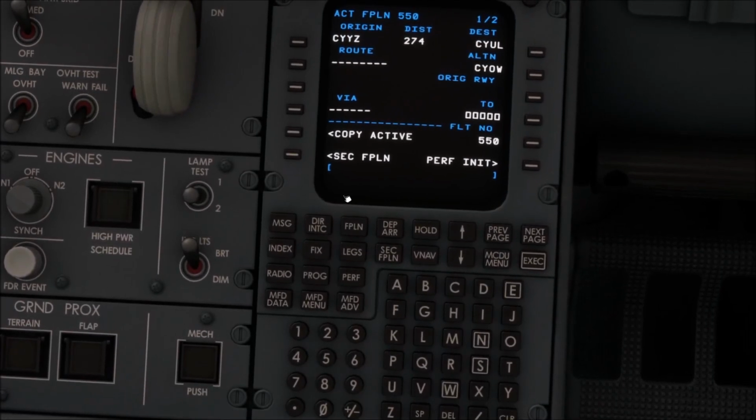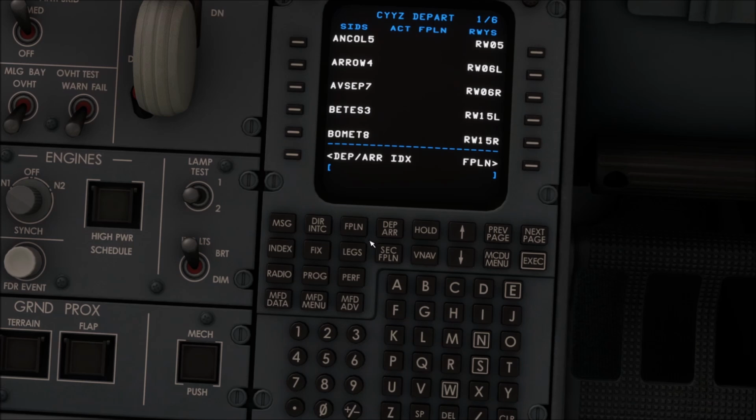So now it's time to put in the route. The route is the DEADKEY 5 departure, the MIGLO transition, and the HABS arrival. So, departure arrival page,